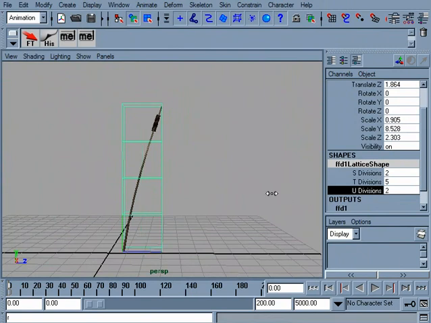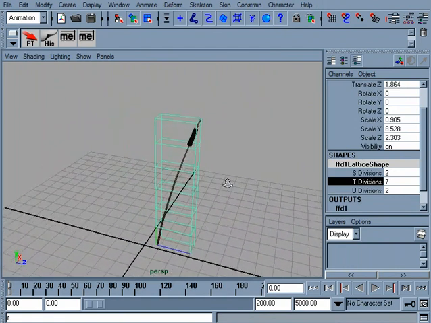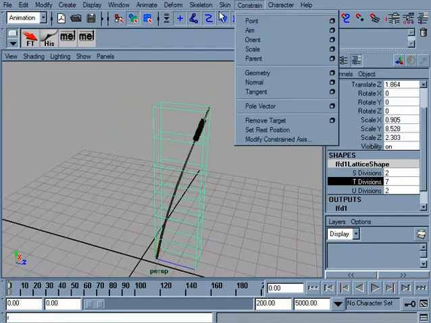Actually, we'll leave it at 2. We'll increase it. 2 should be fine. We'll increase it to about 7. Alright, so that should give us enough movement. Now, if I was to go up here, let's see,